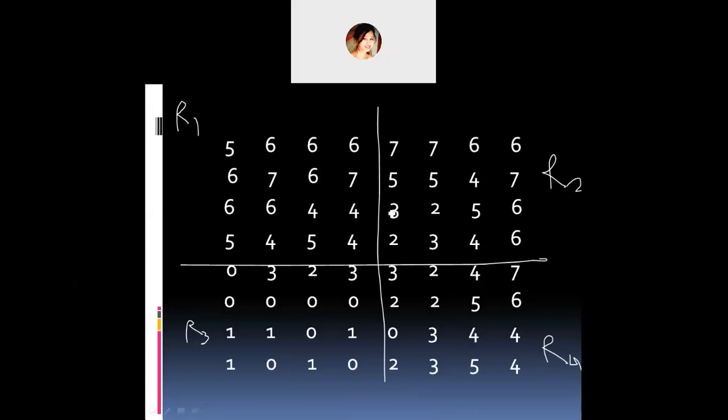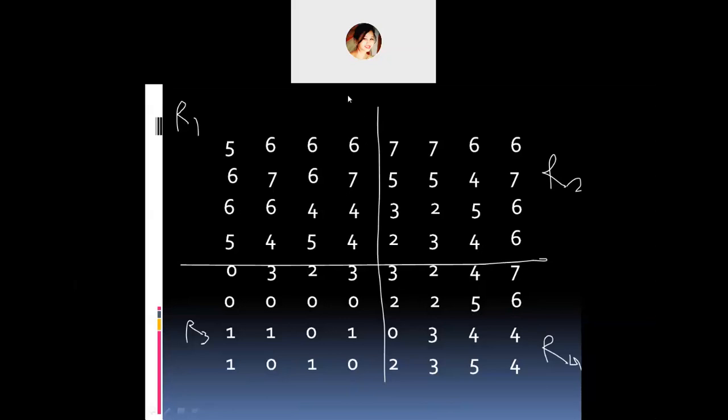And you can divide it into segments only when it is of equal parts. If it is, say, a 9 by 9 matrix, you won't be able to divide it. That rule won't be possible in it. It has to be 4 by 4, 8 by 8, 16 by 16, and so on. So now you have divided it into 4 quadrants, right? So R1, R2, R3 and R4.